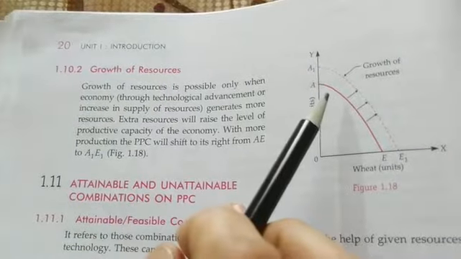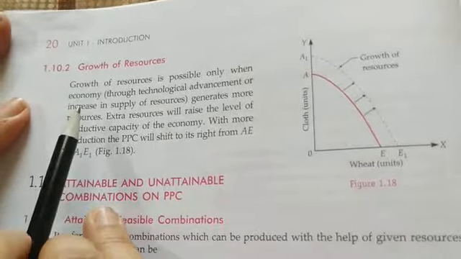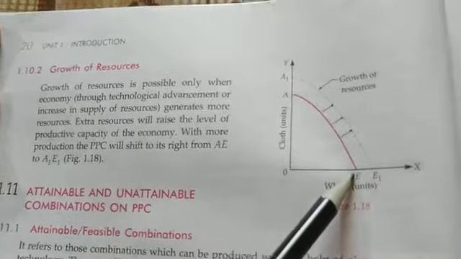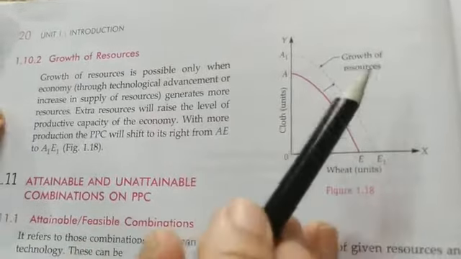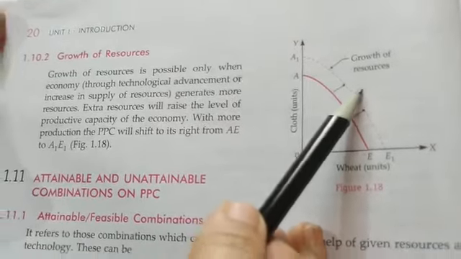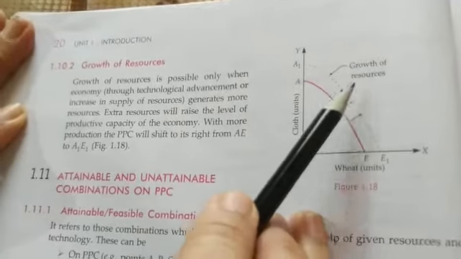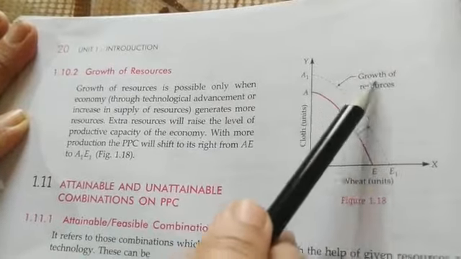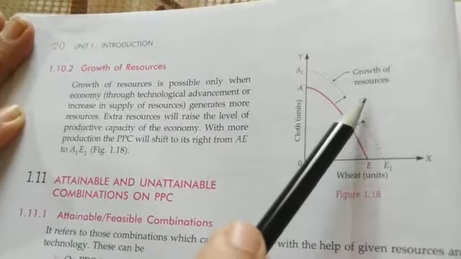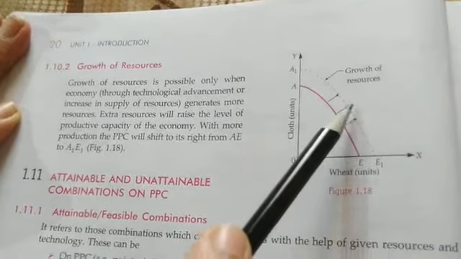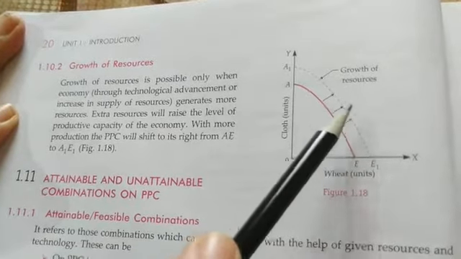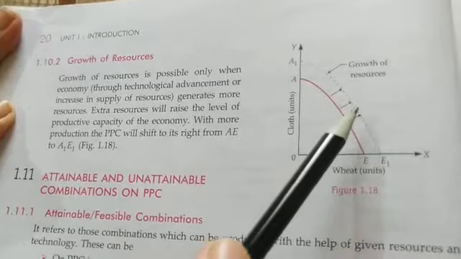The problem of growth of resources is also being solved with the help of PPC when there is a rise in the resources. Okay, say for example through advancement in technology, by utilizing the capital or the factors of production properly, the production always increases, and when production increases it shows growth of resources in the economy. That means the growth of resources initiates more production in the country, and whenever there is a rise in production, it is always a better source of income as well as fulfillment of consumption needs in the economy.